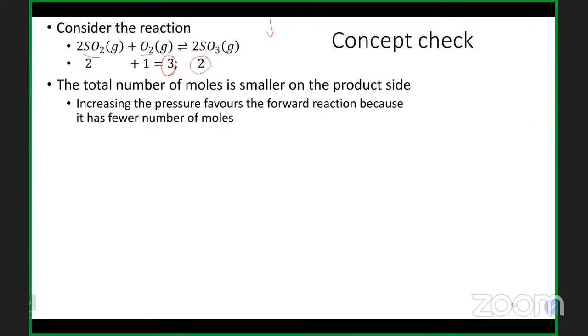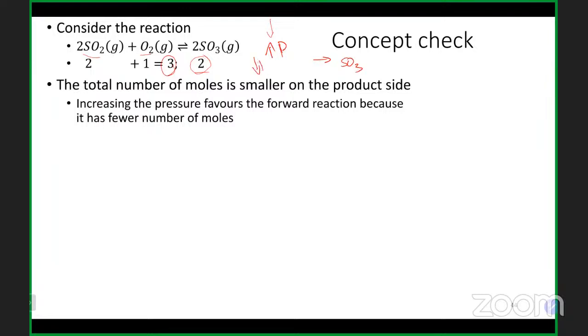Imagine if you want to reduce the volume, so you need to have a smaller number of molecules in the system. It's when you increase the volume that you have enough space for things to move around and you would have more particles. So if you increase the pressure for this one, increasing P favors SO3,